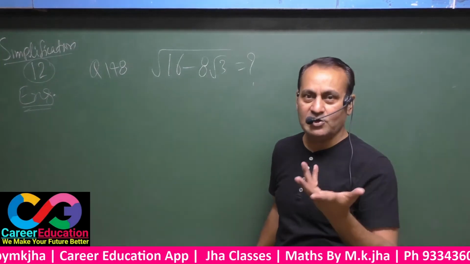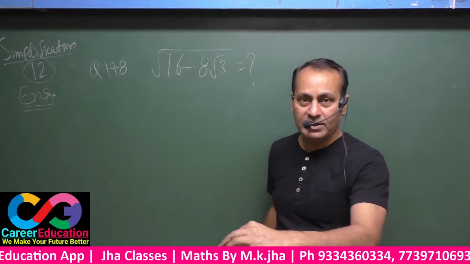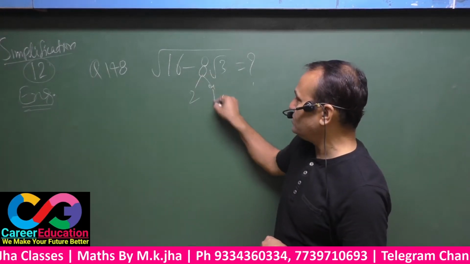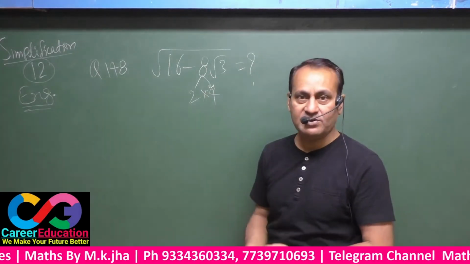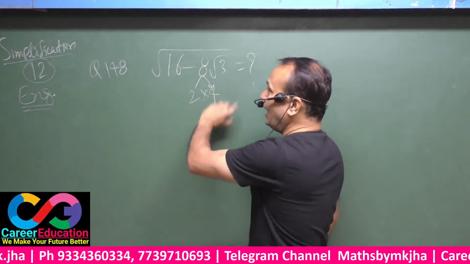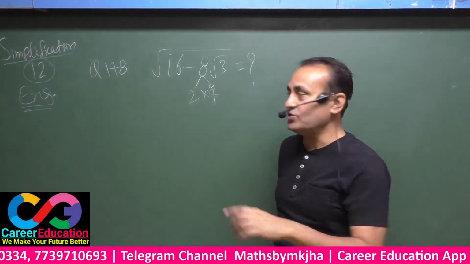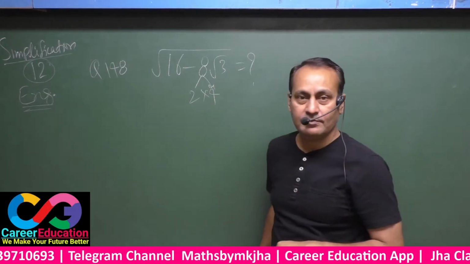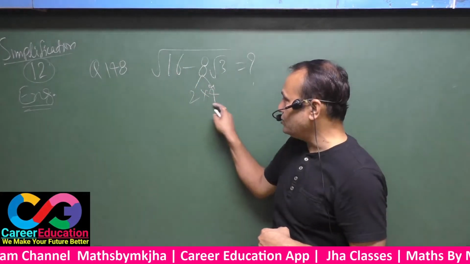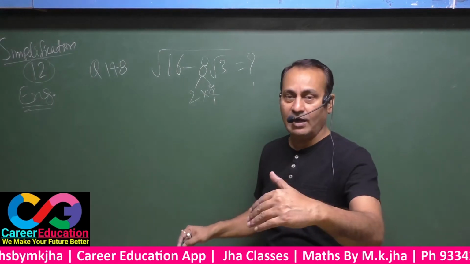(a minus b) whole square has one term 2ab. That means there must be 2 hidden. 2 is hidden there. That means 2 into 4 can be written in place of 8. Now think: 4 square 16, root 3 square 3, after addition that happens 19, but here it is only 16. That means this is not A, this is not B. If there were 19 here, this would be A, this would be B perfectly. But since this is 16, you can't change 16 to 19.